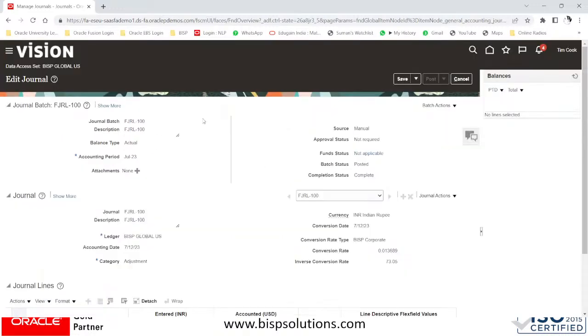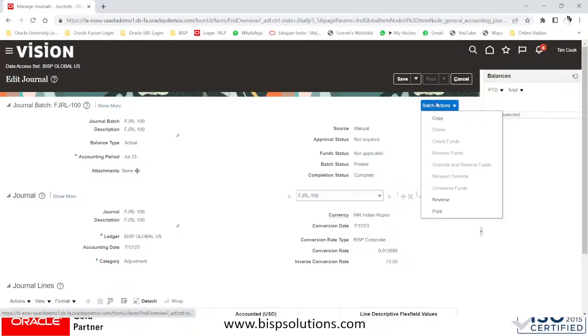If you have multiple lines, so multiple headers, you can do the reversal from there also. So multiple headers can be reversed using the header portion. Since we have used only one journal, one header and one line, but in the batch, if you have multiple headers, a single batch reversal will reverse all the lines under that particular batch. So to reverse that, select the reverse,